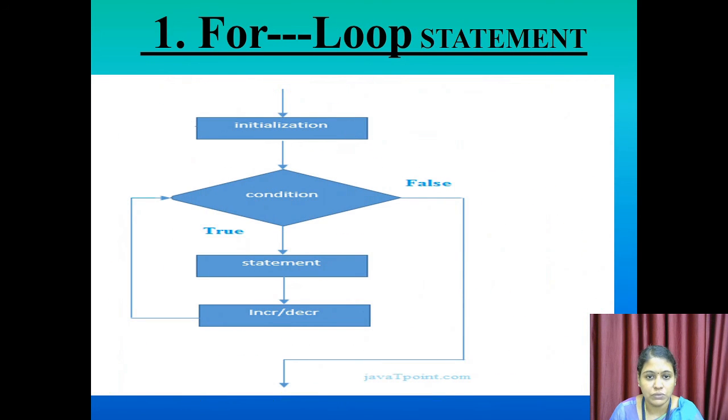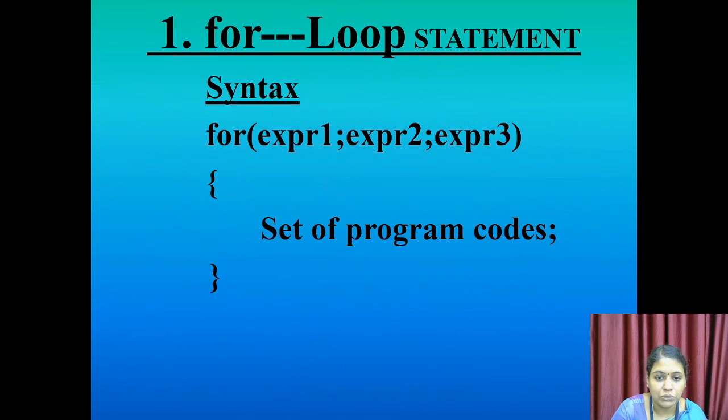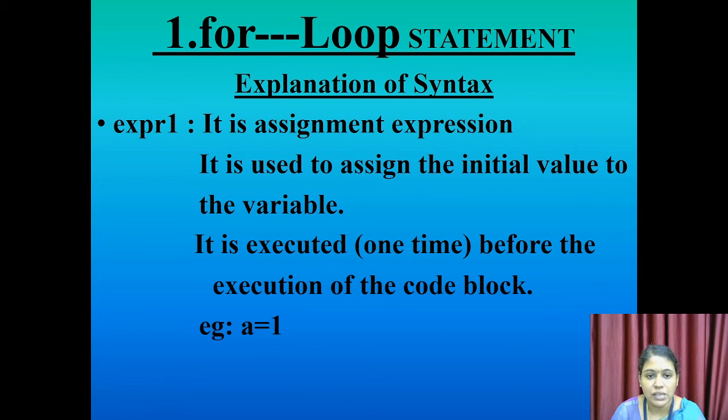Okay, next we see how the structure of the for loop statement works. Before that, we explain the syntax. In this syntax we have seen expression 1, expression 2, expression 3. The first one is expression 1. Expression 1 is the assignment expression. That assignment expression is used to assign some initial value to the variable. In this for loop we are using one variable, mainly used for positioning the index place of the array. By using that we can get more than one number from that variable.